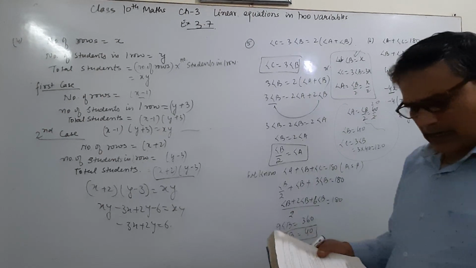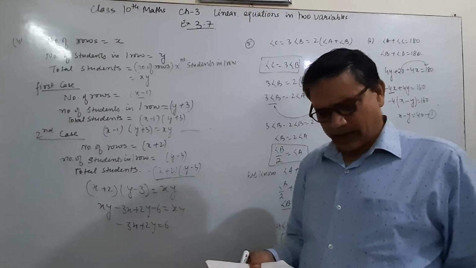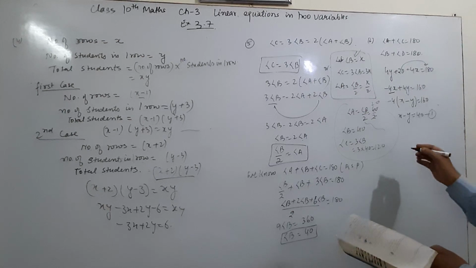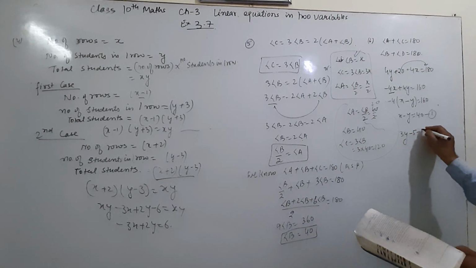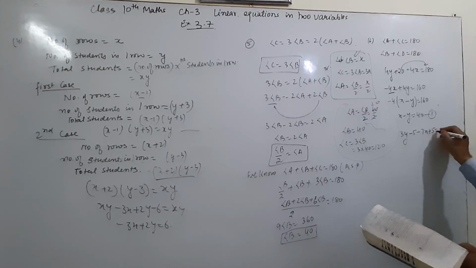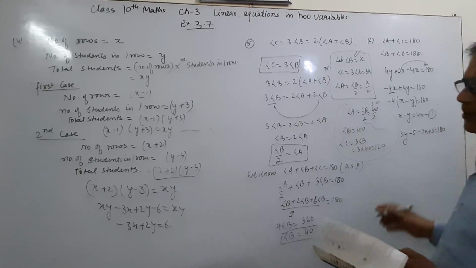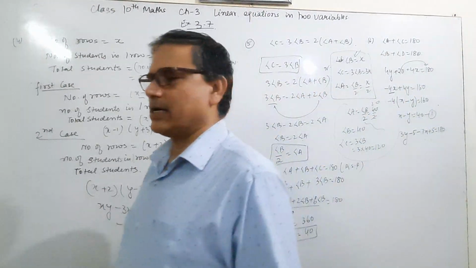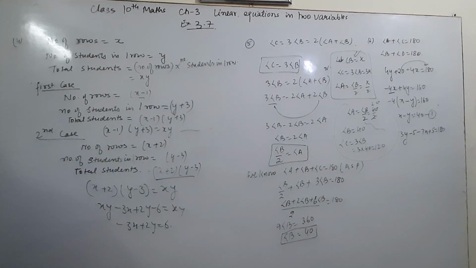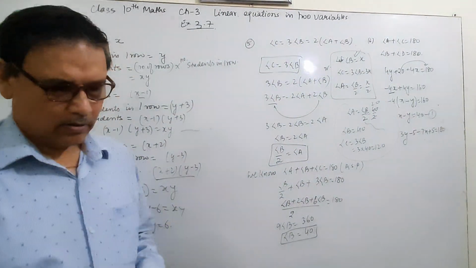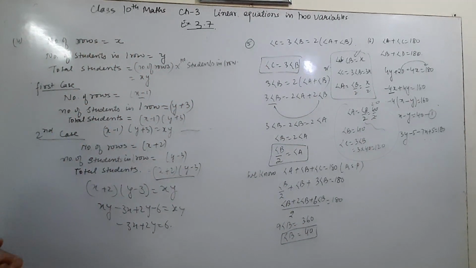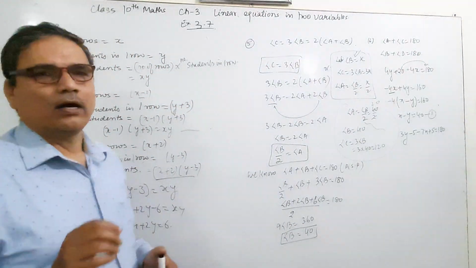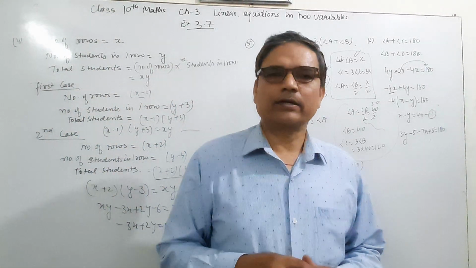And now similarly, angle B plus angle D. What is angle B? 3y minus 5, minus 7x plus 5 is equal to 180, and this will be solved as equation 2. After that, find the value of x and y, and this is your exercise 3.7, and your chapter is complete, and the PT1 syllabus is complete.